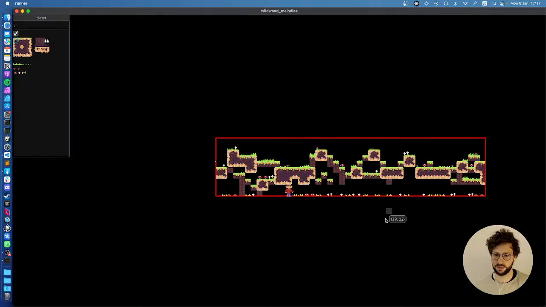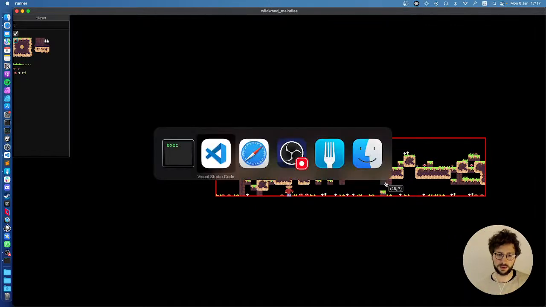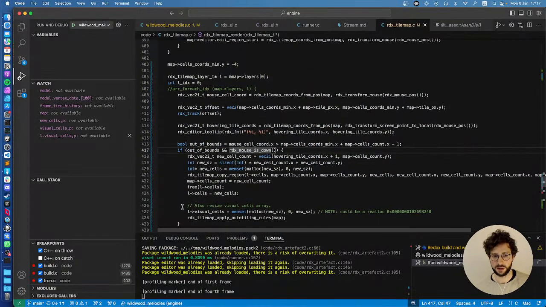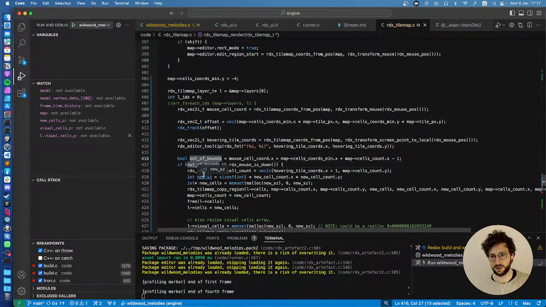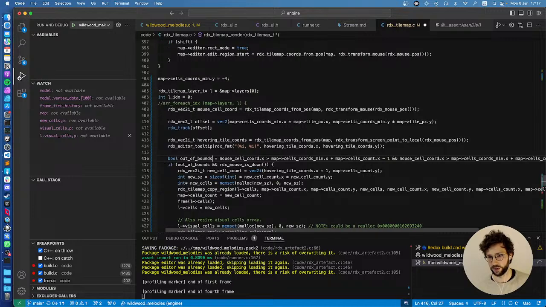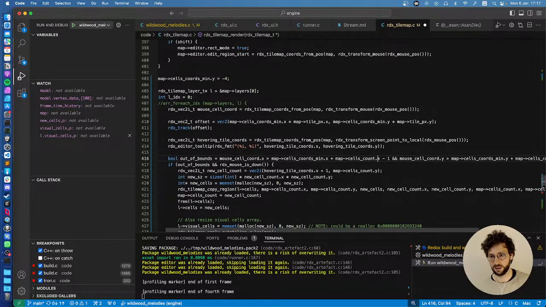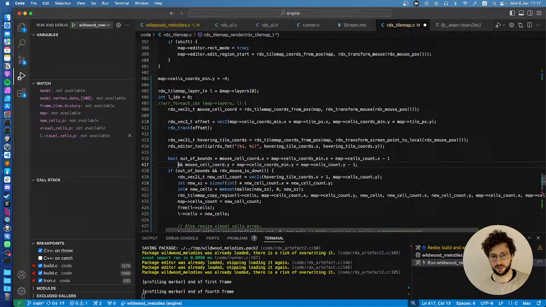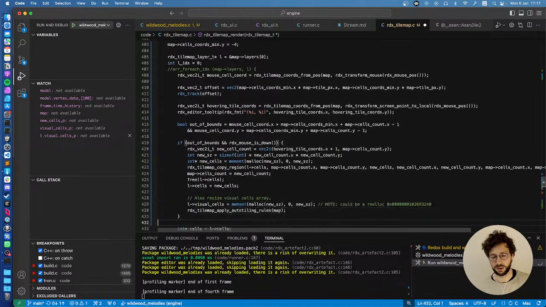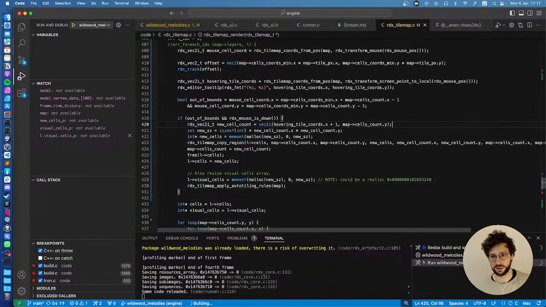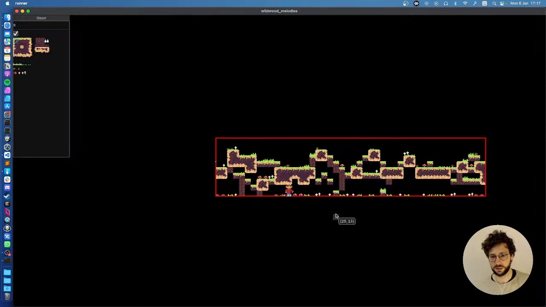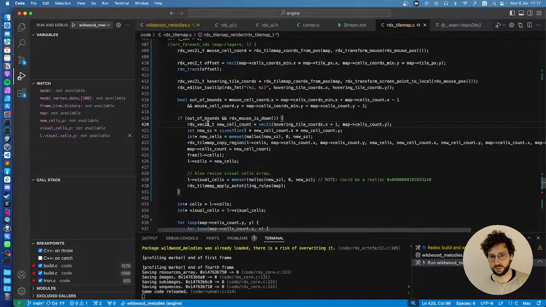Now we need the same downwards. That should be easy enough. I just go here and this will be the same logic for the other axis. So y. Okay. I can split it in two so it's more readable. And if it's out of bound and the mouse is down, then we want to